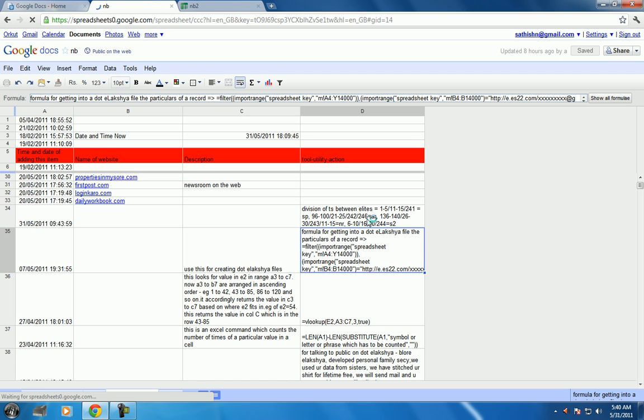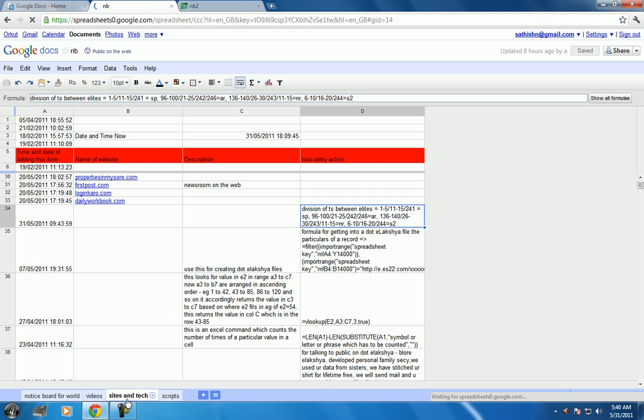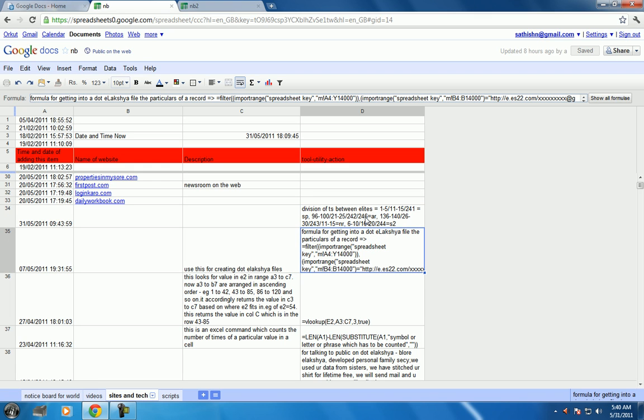As of now, we have 4 elites. SP is 1, AR is 1, NR is 1, and S2 is 1. So among the 4 elites, I have divided the T's. If tomorrow Govinda wants to take some other T, please go ahead and take it. Just as you take it, mention it here. Please feel free, no problem at all. I have no issues. Clear? So use NB, and in NB, sites and tech.